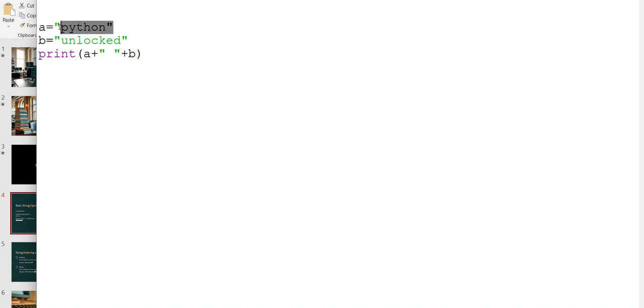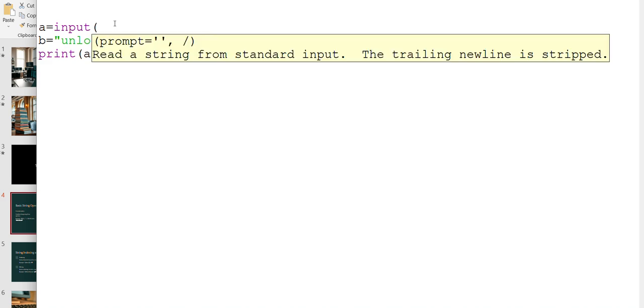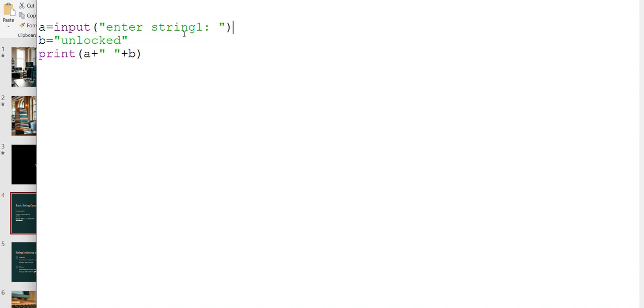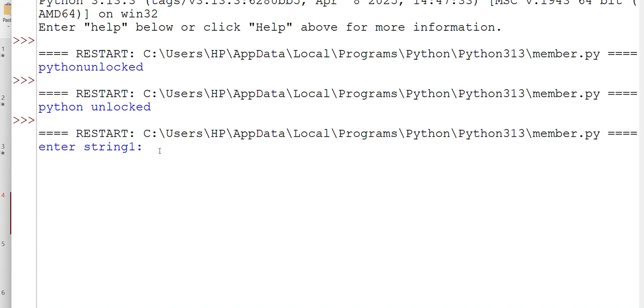Simply, as we know, we take input from the user in the form of a string: input, let's say, "enter string 1", and the other, let's say b, I also want to take a string from the user, "enter string 2". Let's run this. Let's say my first string is ab, the other one is cd.